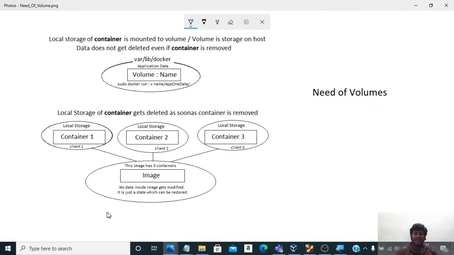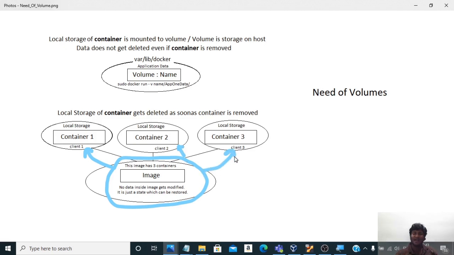Say that we have created an image in Docker, and this image is being distributed to three different clients. This image which we have made is on Apache, and all these three clients have added their applications on this image, right? Now they are running a container, and this container has its own local storage.